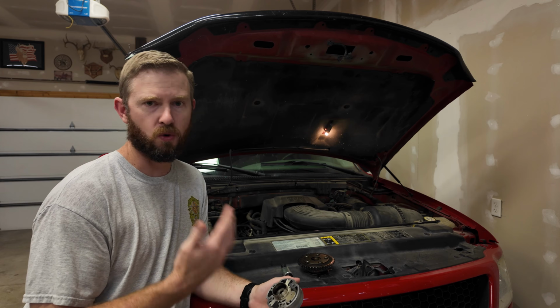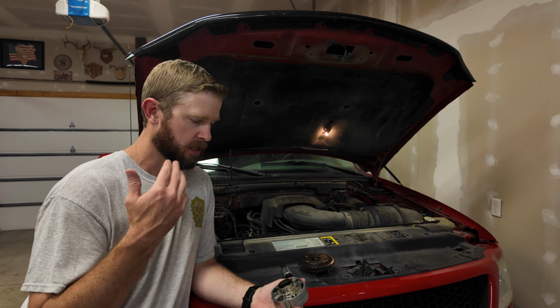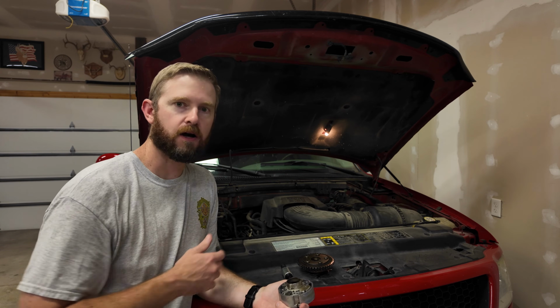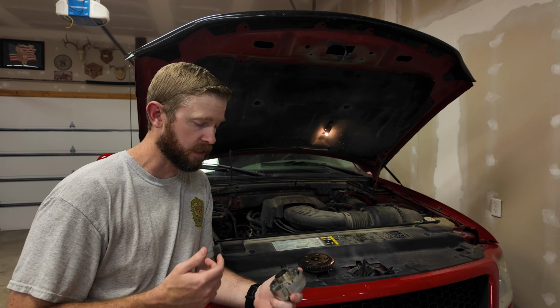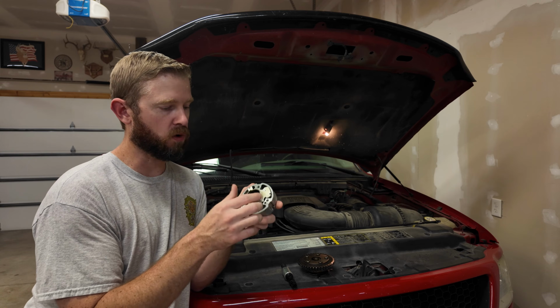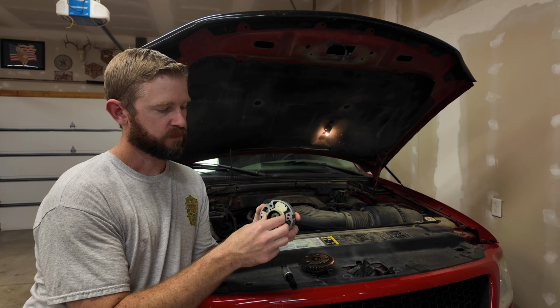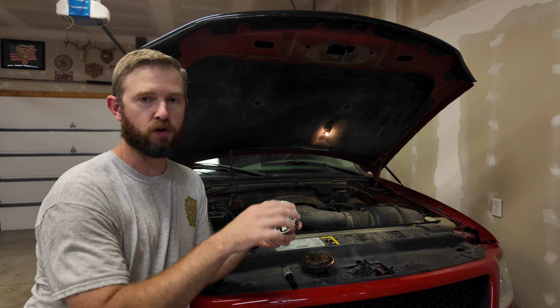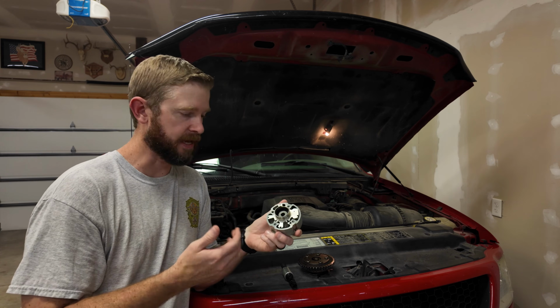Another thing you get is noise. So these solenoids can make noises, but also the phasers themselves. Sometimes you'll hear kind of a knocky, clicky type sound. A lot of times what that is, you have a void in here. It thinks there's oil in there. So basically what's happening is this thing is just slowly oscillating back and forth, which is also oscillating that camshaft